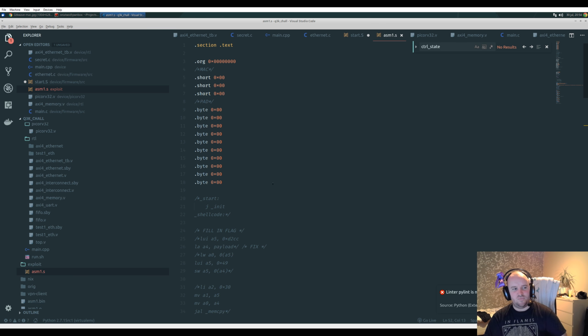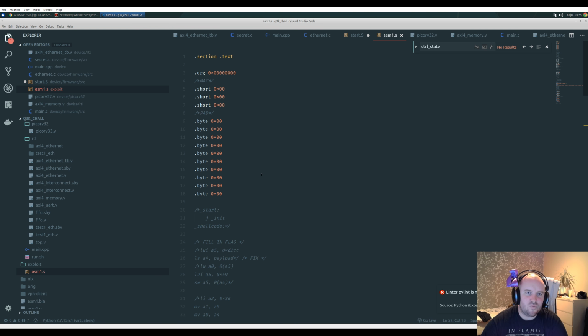The only way we can communicate with the device is by sending these packets. So we should construct a packet which will contain the flag, and send that packet back to us over the Ethernet. The first attempt was just: can I send code which will send back a packet with a fixed value, because that way I don't have to interact with other parts of the memory and stuff. So I created this assembly file first,